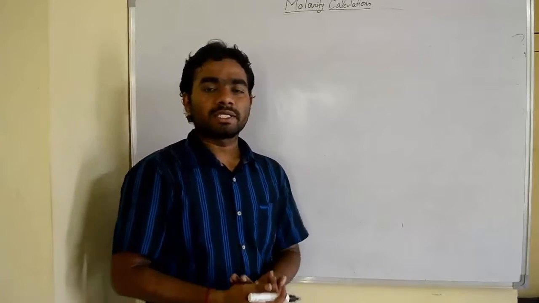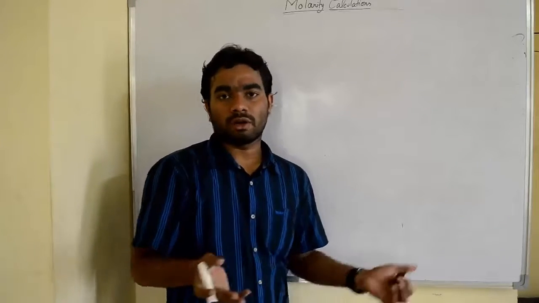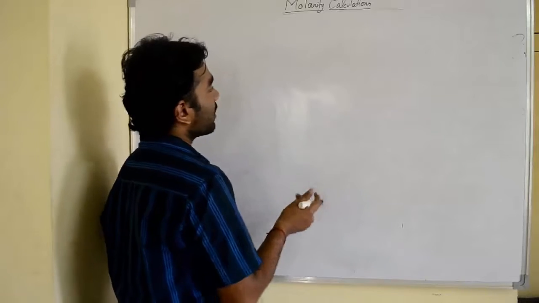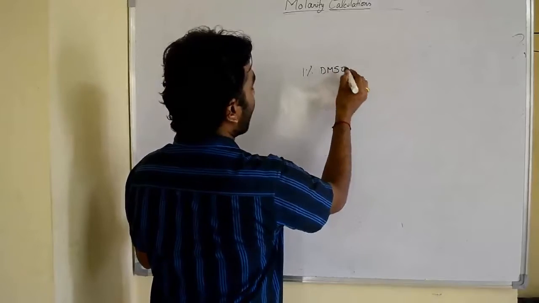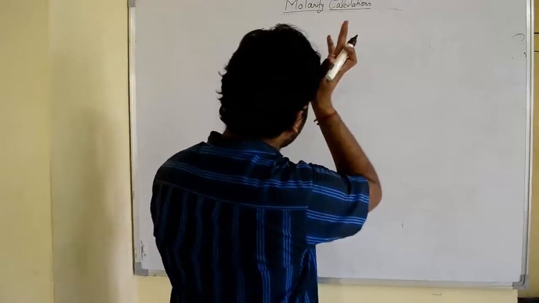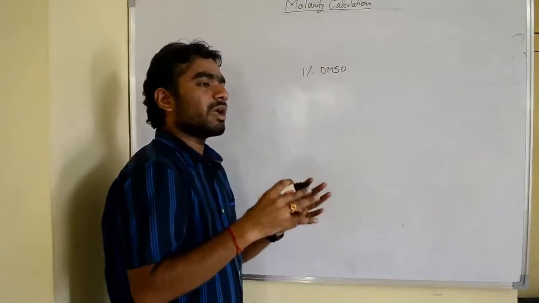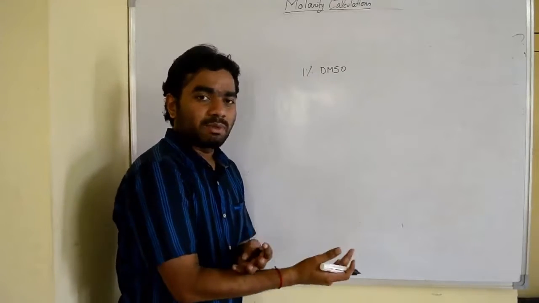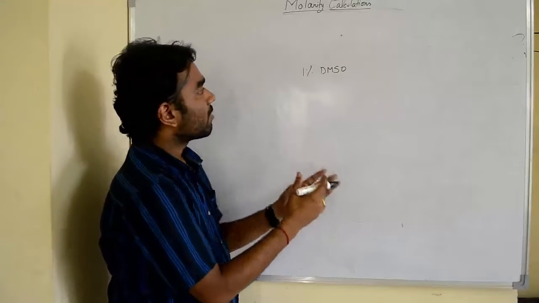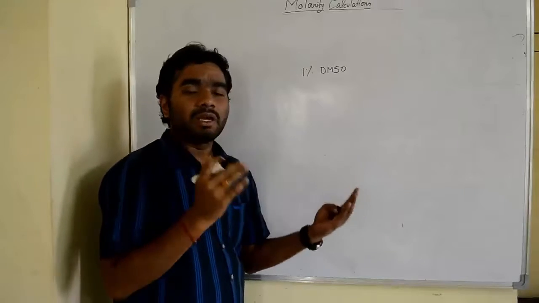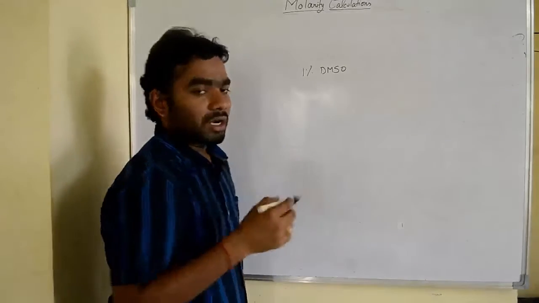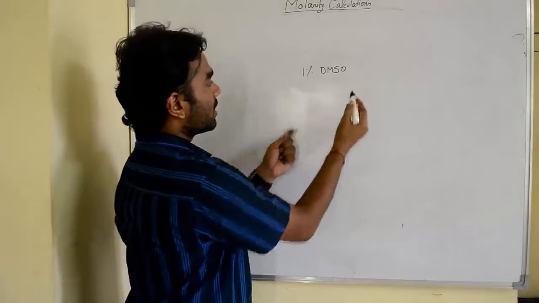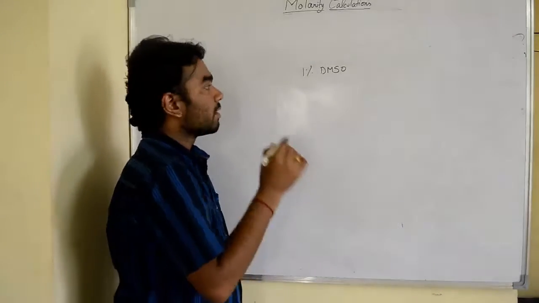Those solubilizing agents can be DMSO or ethanol, and when you are preparing those concentrations, you may add up to the limit of the highest concentration of DMSO which should be used in experiments. Otherwise, if you increase the concentration more than that limit, it may show some toxic effects. So sometimes 1% DMSO should be added in a solution,